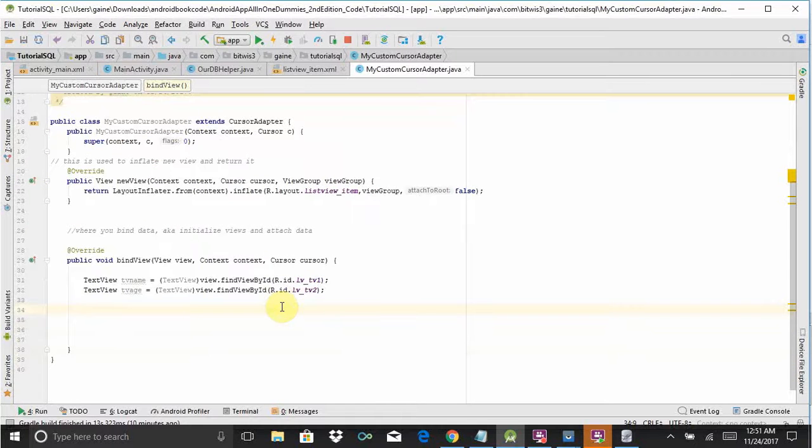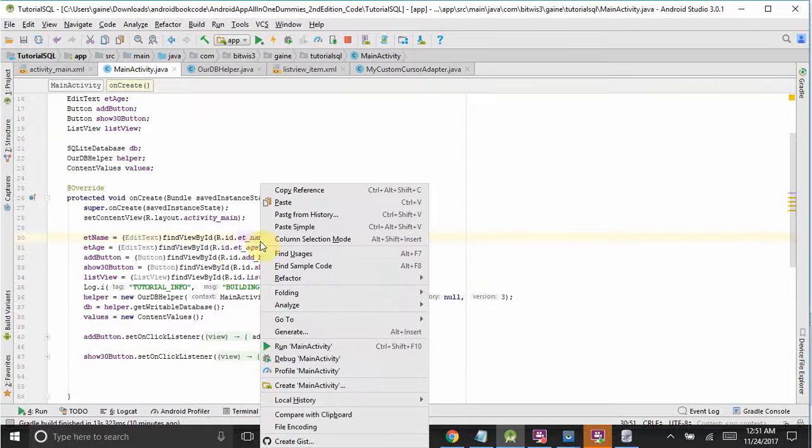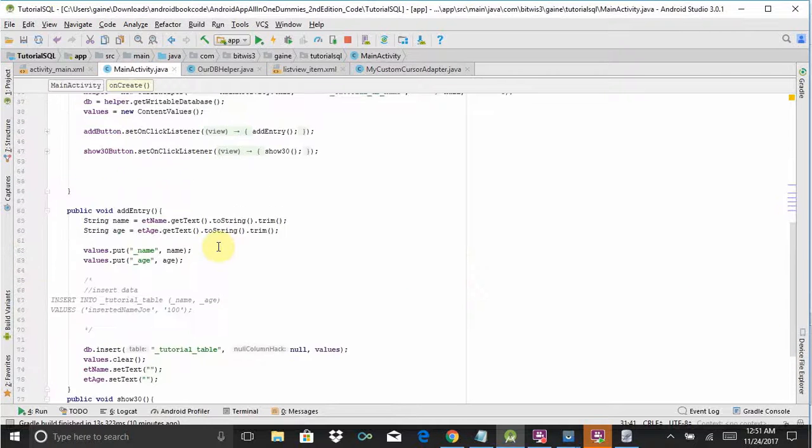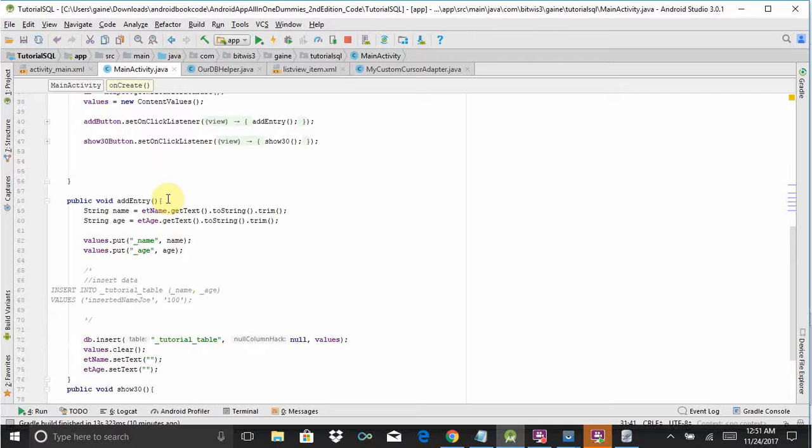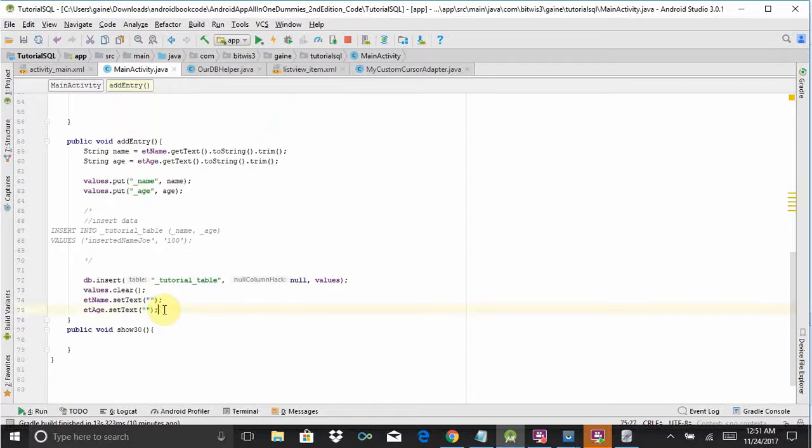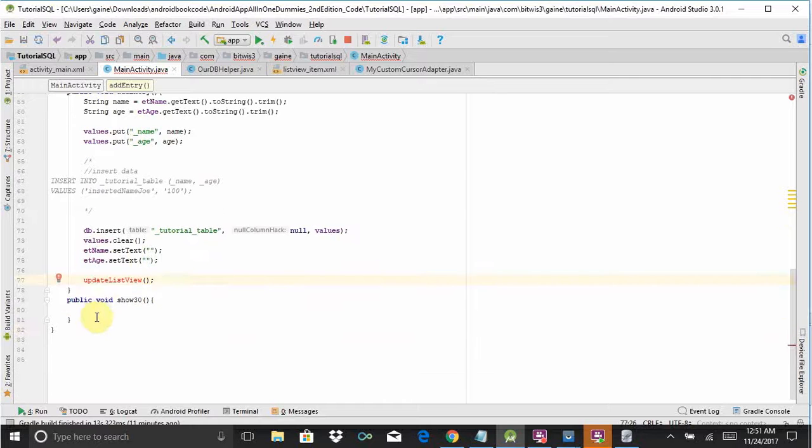So with that cursor, let's go ahead and construct it right here. We call our add entry method on that button click for the add button, so it adds the entry into the database, and then it resets the text views. But we're also going to say, let's update list view. Oh, list view 90. What the crap? Oh, yeah. Double. Okay. We're going to make a method